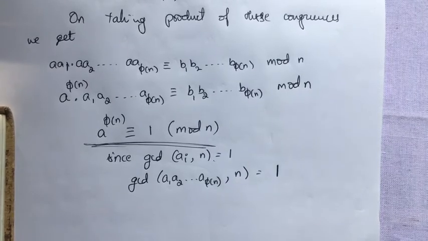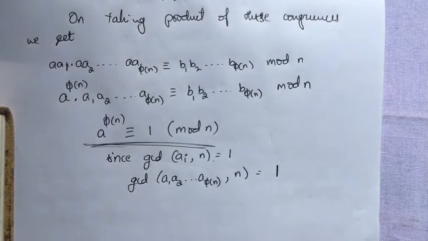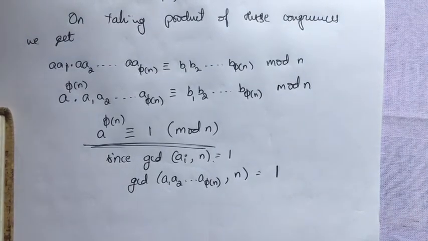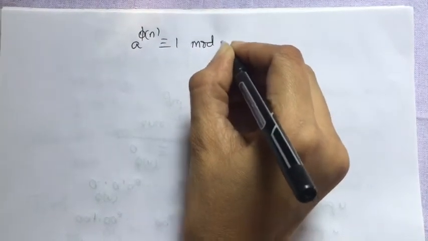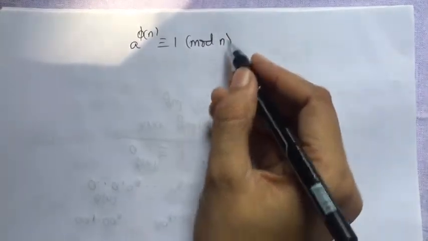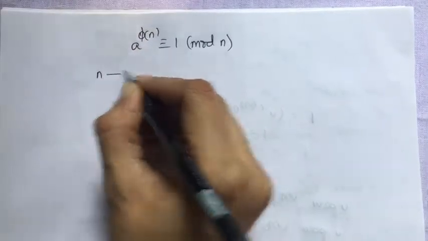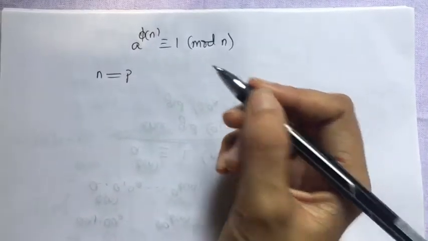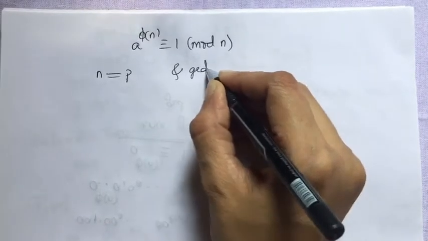Using this Euler's theorem we can solve many congruency problems. So let us take one such problem. Before going for the problem, I'll mention something. See, Euler's theorem says a power phi of n is congruent to 1 mod n. He generalized Fermat's little theorem. See, if n is prime, n equal to p, and GCD of a